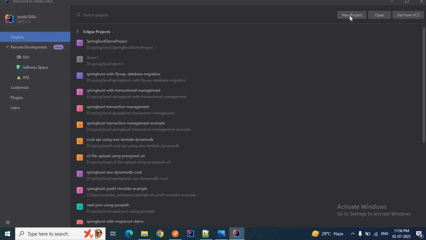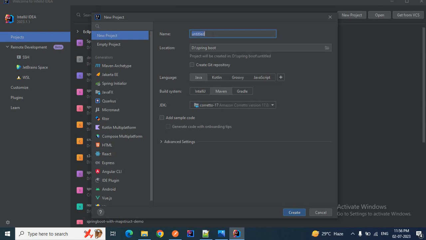I'll create a new project, that is project 1. Let me click here on new project and quickly create a project. Let me give the project name common util. All the common classes or business logic will be in this common util project. Let's say in your real world application you have certain classes or business logic which is common across other projects. So we'll create a project and add all the common classes or common business logic which does not change often, and we'll use that project as a jar file in other projects. That's what we'll learn today.